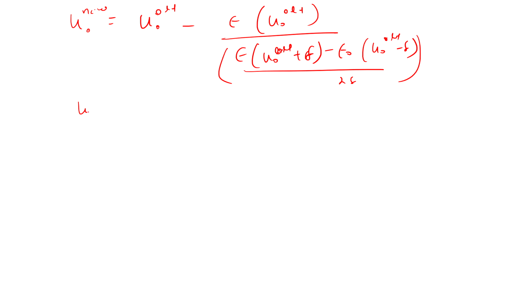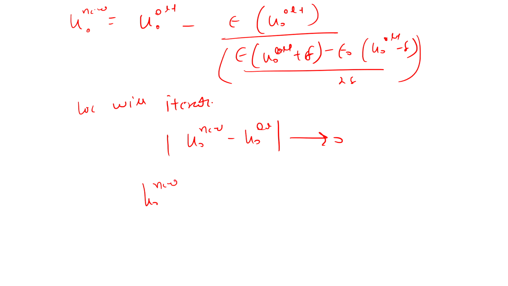So we will iterate till u naught new minus u naught old becomes 0. So this is my third step, and as soon as this becomes 0, u naught new is my true initial guess,